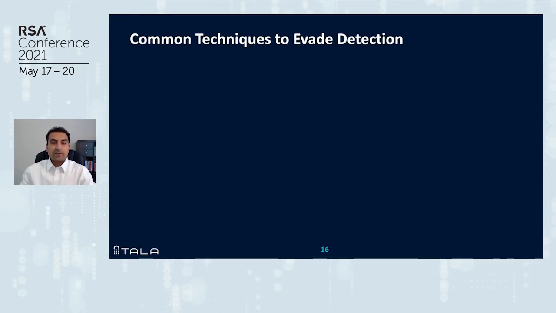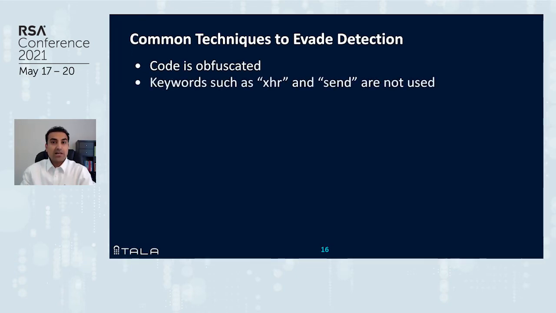So for such attacks, some of you may think that these attacks are easy to stop or detect. Well, not really. Attackers have a few tricks up their sleeves to ensure that these attacks are not easy to detect and don't go detected for a very long time. The average Magecart infection is 46 days. Here are some of the reasons why these attackers are so successful and why these attacks are so hard to detect. The attackers will first of all use the standard techniques. They will obfuscate the code and ensure that no static analysis tool is able to detect their malicious behavior.